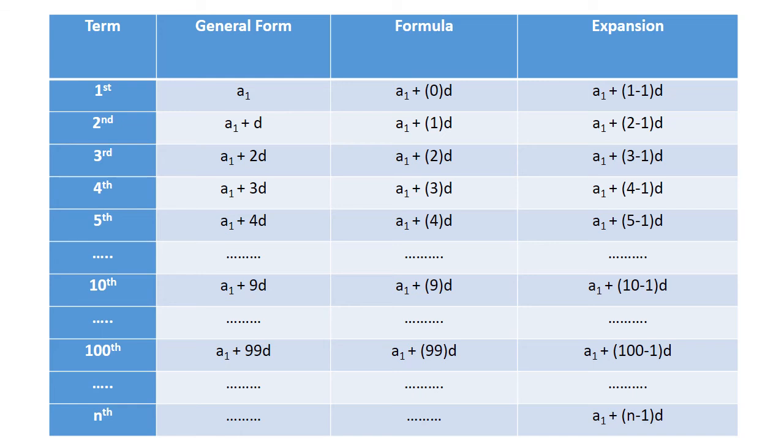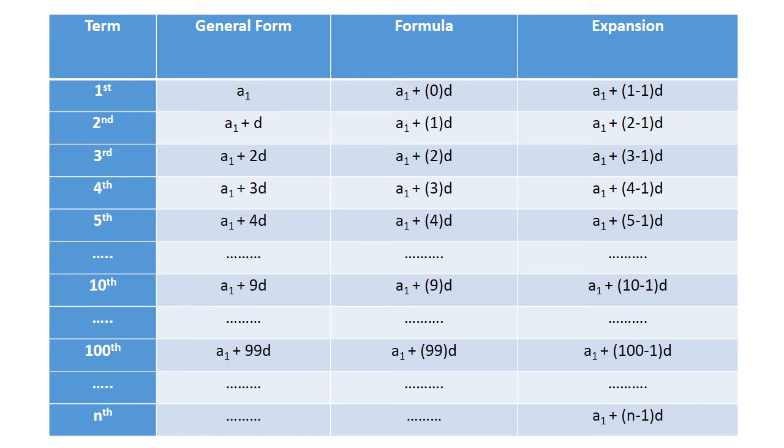If it is the third term, the position is 3, so 3 minus 1 into d, a plus 2d. Fourth term, 4 minus 1 into d, a plus 3d. Fifth term, 5 minus 1 into d, a plus 4d. 10th term, 10 minus 1 into d, a plus 9d. 100th term, 100 minus 1 into d, a plus 99d. So from the position we subtract 1. In the same way, for the nth term, n minus 1 into d, a plus n minus 1 into